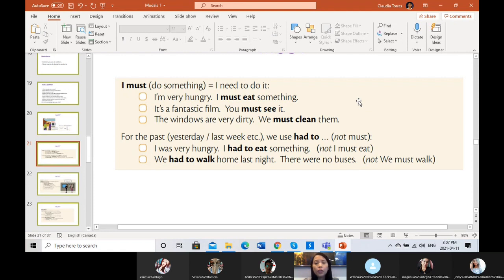And then the windows are very dirty. We must clean them. Why? Because if you don't clean the windows,